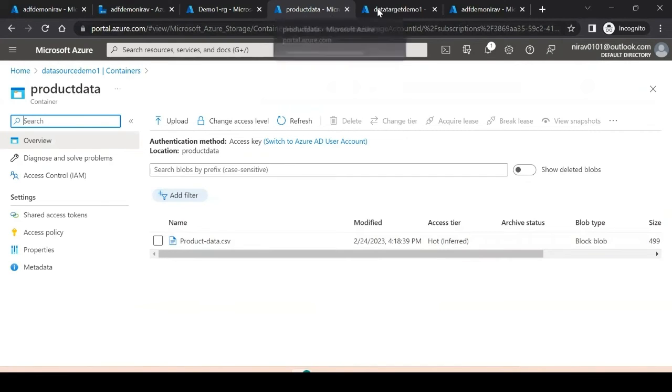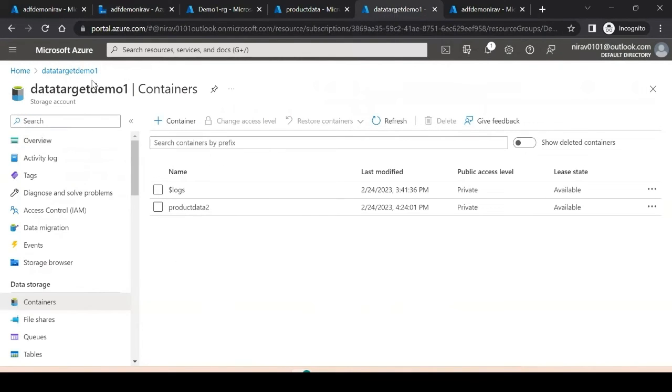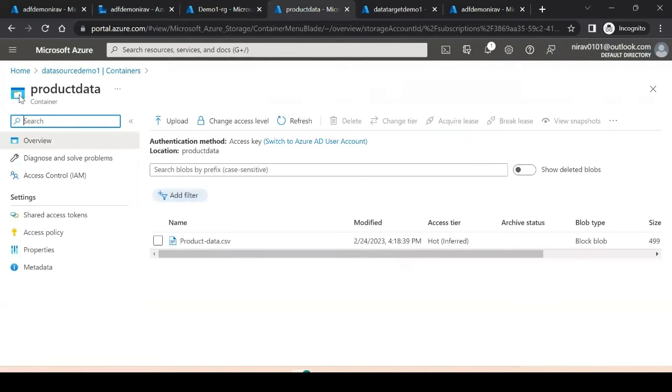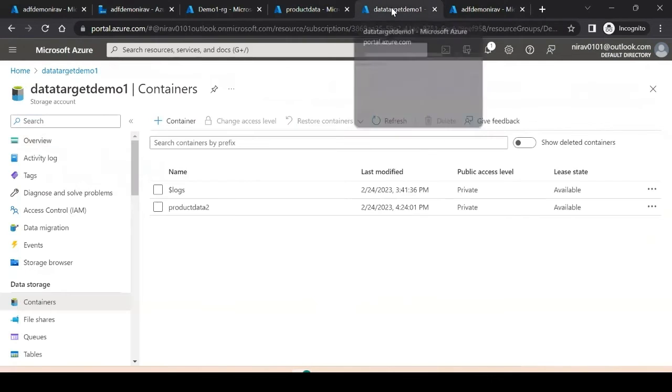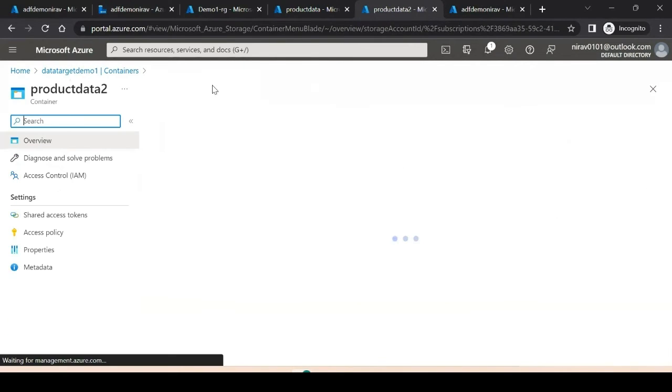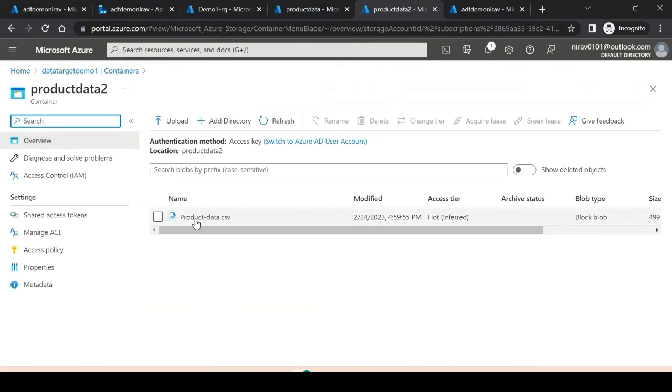Now, if you go to the target data lake, you see this notation, this is a data lake, and this is a storage account. If we go here, here also there is one file. Why is it one file? Because earlier I triggered that pipeline, so that file was copied into this container.